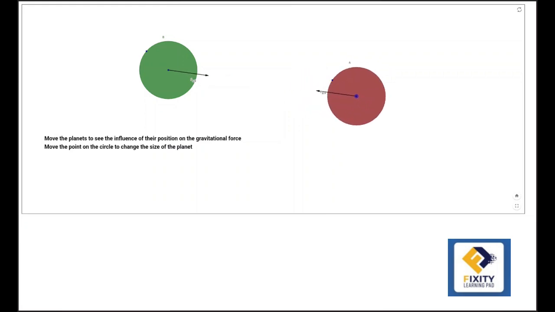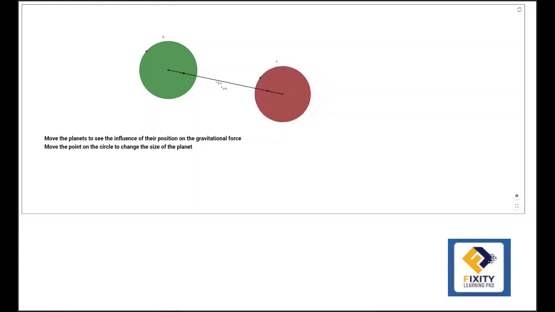Here you can see, as I'm moving the planets away from each other, their mass is constant, the size is constant. The size is proportional to mass, you can say, at least for here. As I'm bringing them closer and closer to each other, you can see the gravitational force is increasing too much. The size of the arrow mark is denoting the